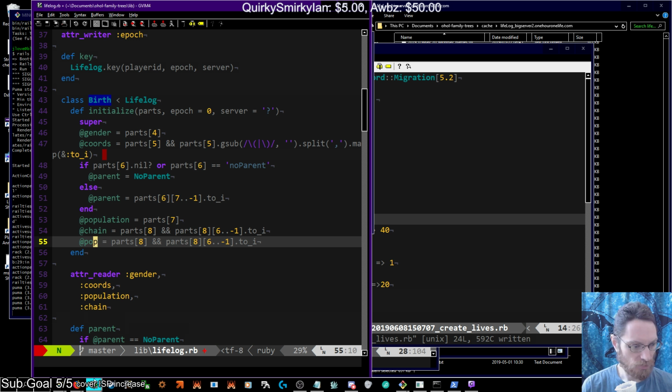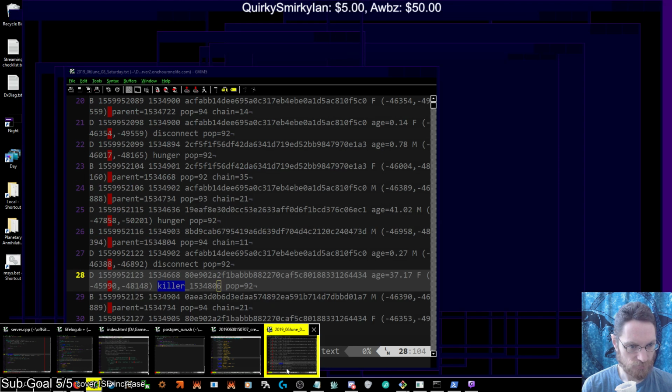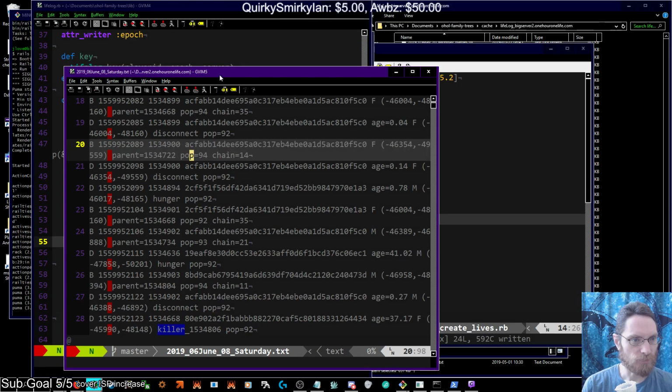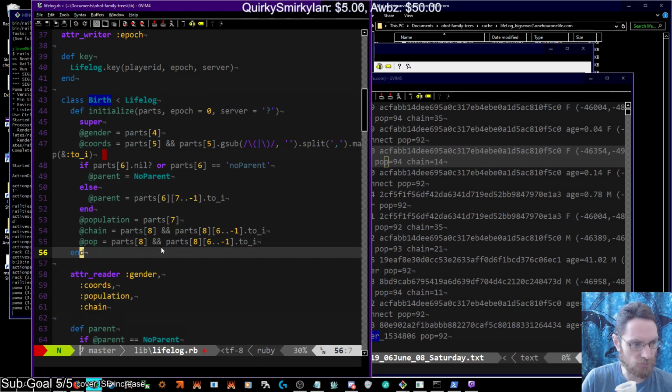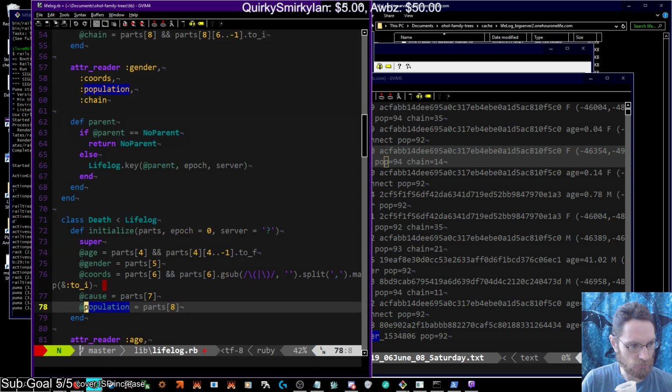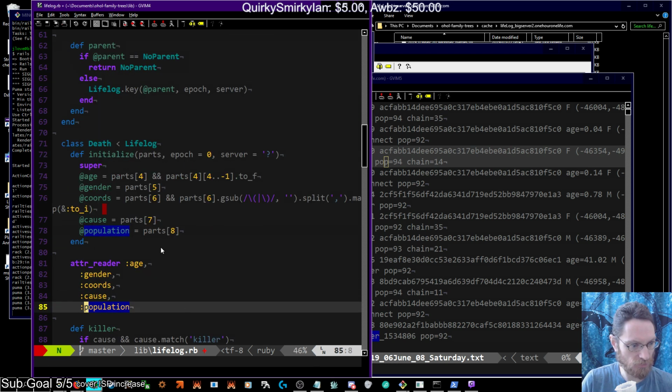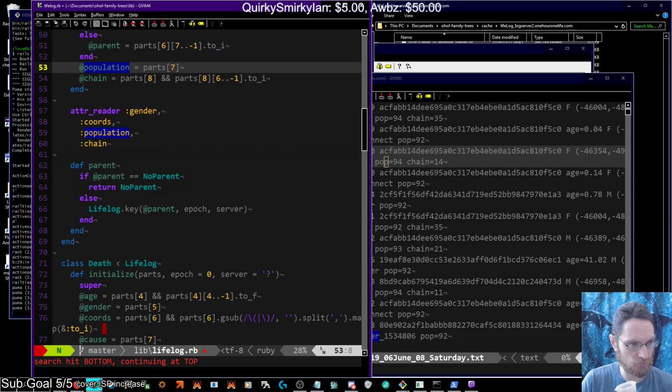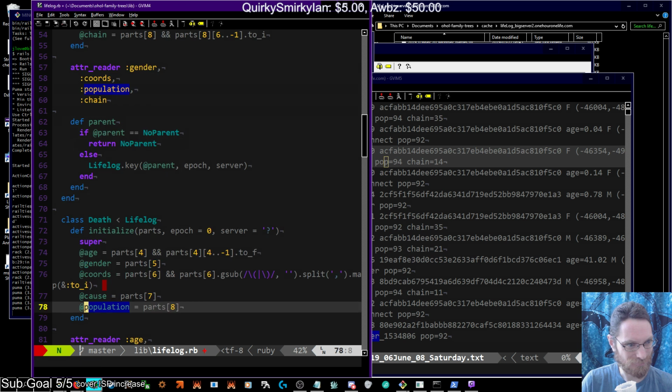And in a birth record, pop is before change. This is actually, oh, you had a population. Okay, I already did have population here. I just did a migration that called it pop instead of population. So